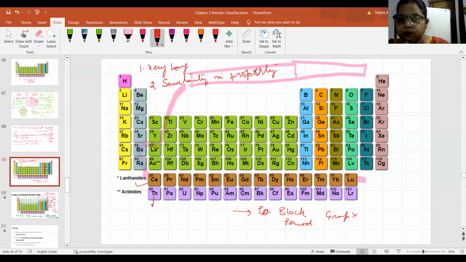Okay. So good. We'll see you day after tomorrow. And I'll again ask you to go through the second half of chapter 2, the structure of atom, where you talk about the configuration and the exceptions, right? Then move to chapter 3, and read it till the point they have talked about atomic size and all those things. Before that, please go through that and we'll be taking up in the next class, right?